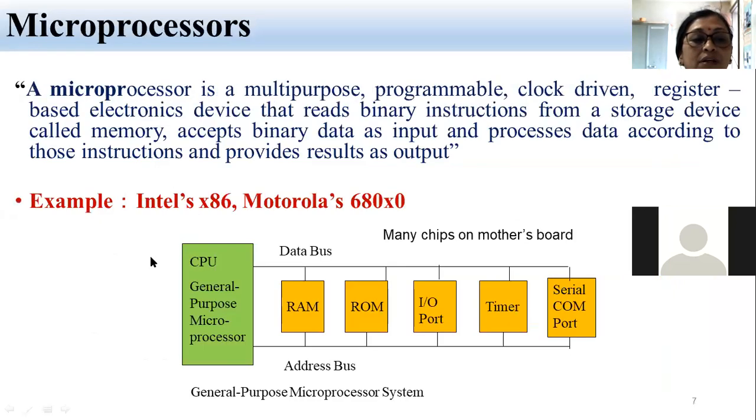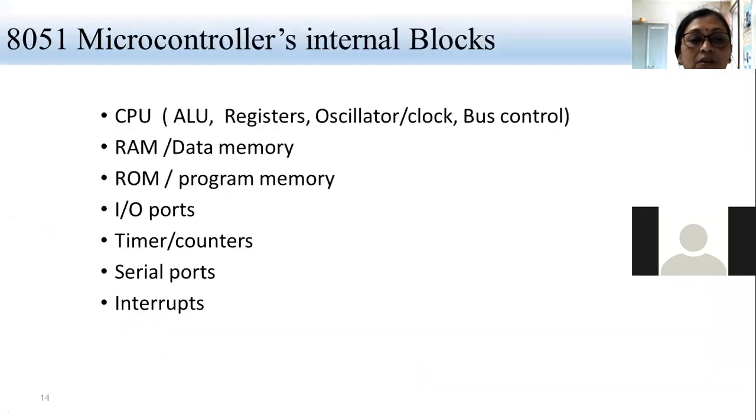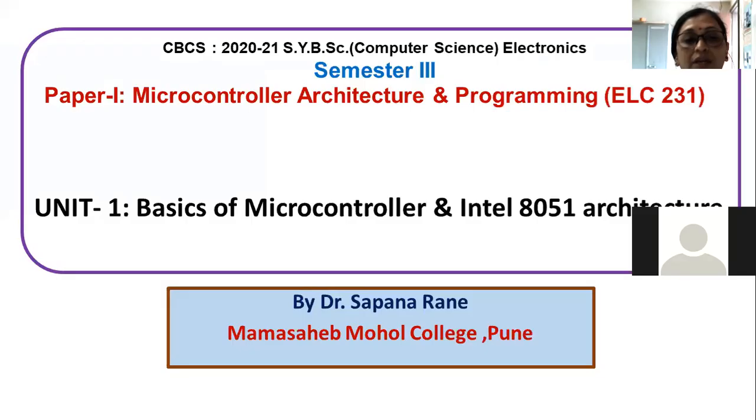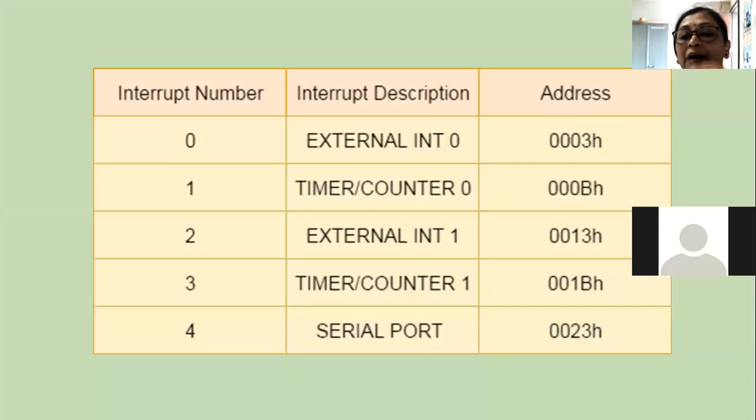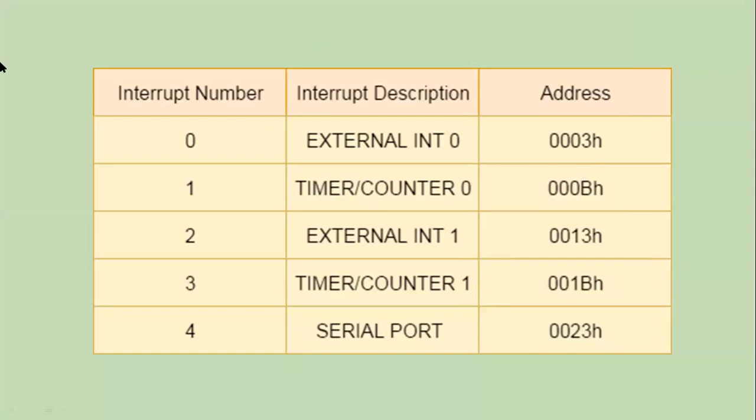So we have studied the whole block diagram actually. Only the interrupt concept remains. The interrupt control unit is inside the 8051 microcontroller, and that interrupt control unit we are going to study today. Yesterday I gave you one example of the interrupt. I will give you one more example, but before that we will see how many interrupts there are in 8051.